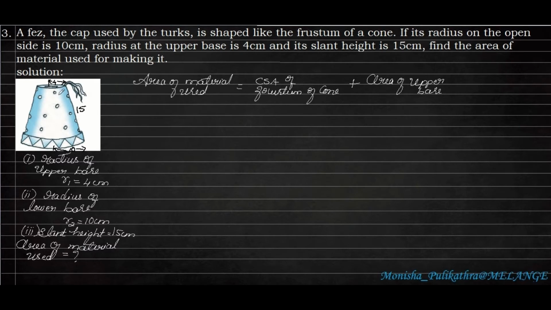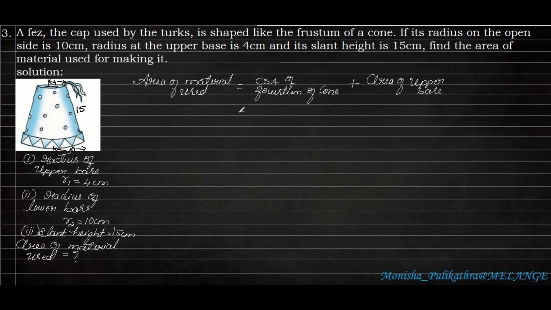Okay, so in this type of problem where one side is closed and one side is open: if two sides are open and they ask you to find out the surface area, then you can simply find out the curved surface area of the frustum of a cone. But if one side is open and one side is closed, then this closed area we have to take into consideration. Here one side is closed, so that side is considered as area of a base, area of the upper base. It is in the shape of a circle, so we can take the area of a circle or area of the upper base.